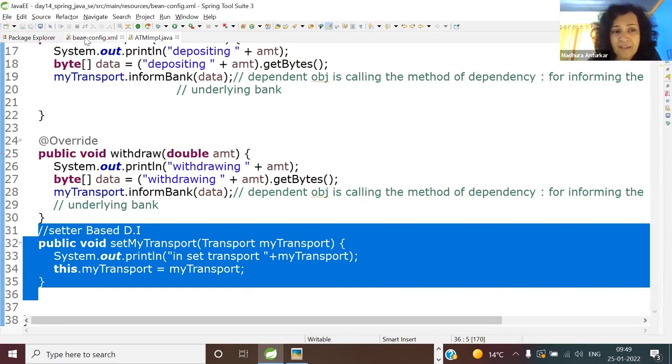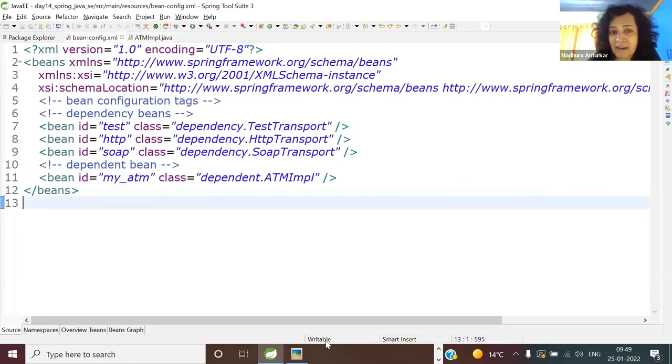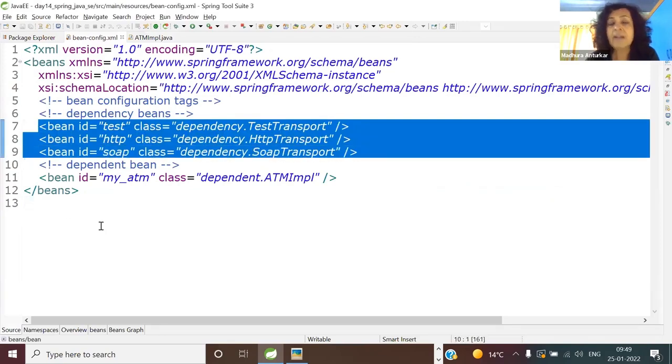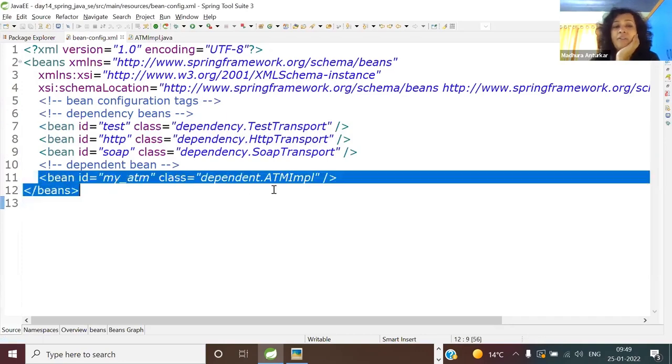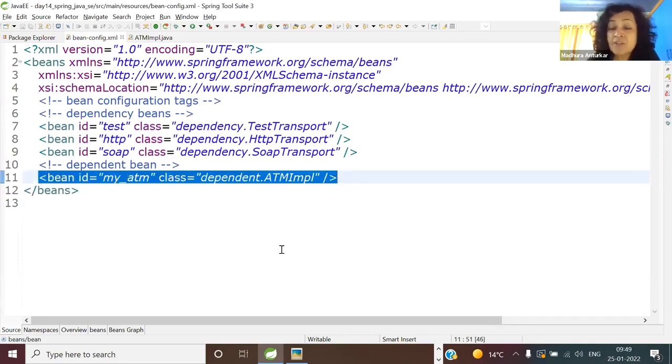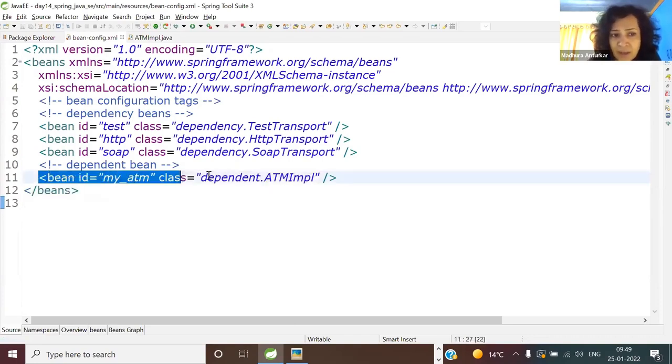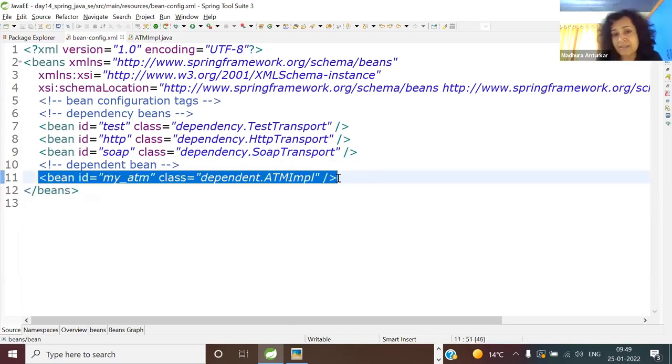Okay, so now come back here and think and answer. Listen to the question. What is it I have configured here? Dependent or dependency? So this dependency. What is it I have configured here? Dependent bean. So let me ask you, when the control comes here, when the Spring container parses this particular line, what is the default scope and what is the default initialization policy? Two answers I want: scope and value of lazy-init.